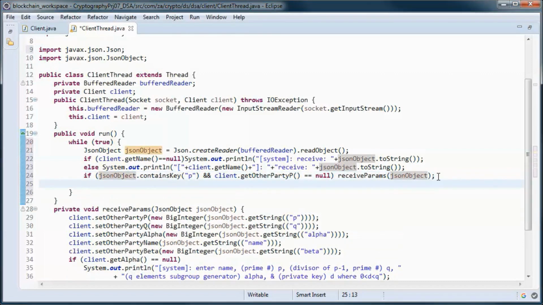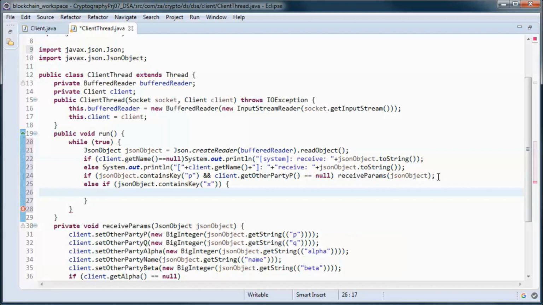Otherwise, if we are receiving a signed message, then we handle it here.